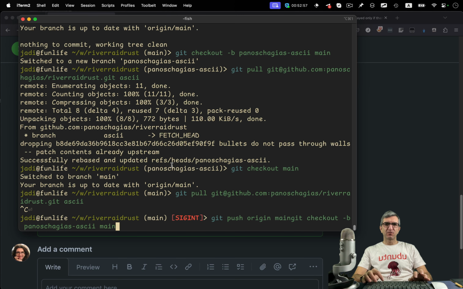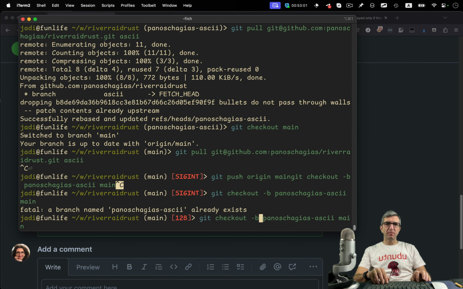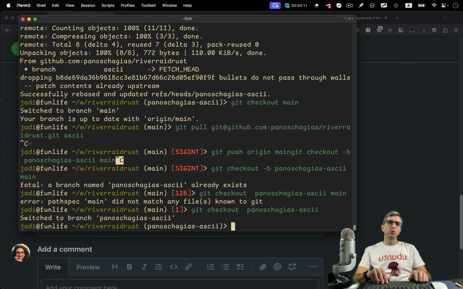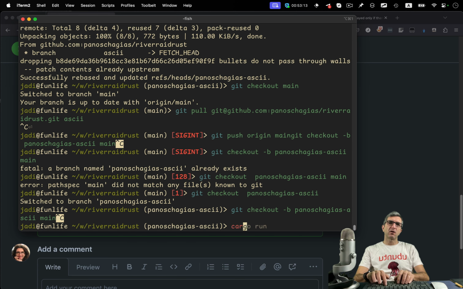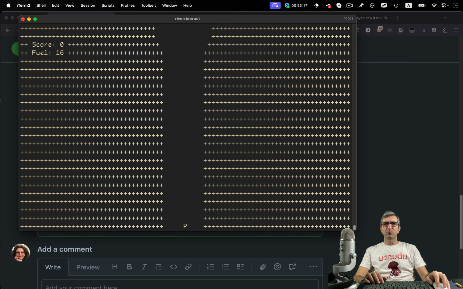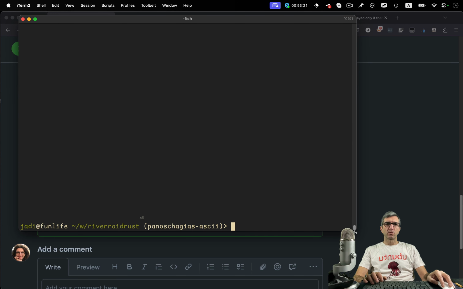I have to test it first. So, git checkout -b means created. I will just move there. Oh, it says create this from main. I just go there and cargo run. Okay, now it's smaller and it doesn't show that, but shows this one.